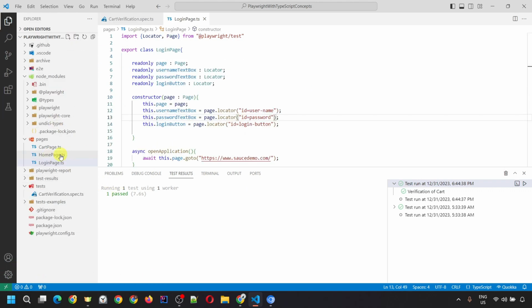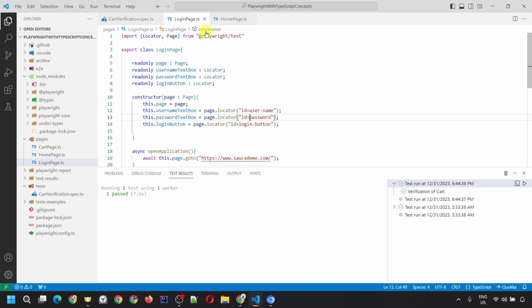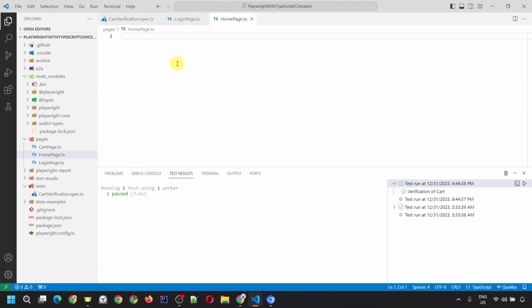Here I have already created these two files, which are homepage.ts and cartpage.ts. So let's open this homepage.ts first. In a similar way to how we created loginpage.ts, we are going to create this homepage.ts quickly. First we are going to use the class keyword, and then you need to give the class name HomePage. Then curly braces, and then first we are going to create